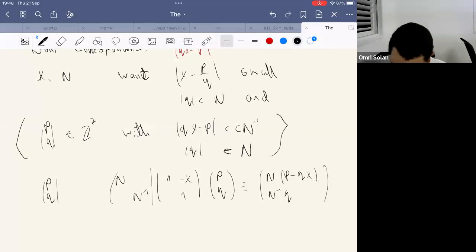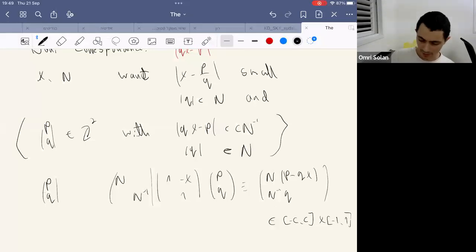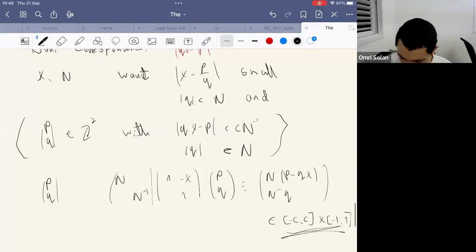Okay, and now we want this to be inside minus c times minus 1, 1. So if I want to measure for how many x's there is such a vector p over q, pq, such that if I multiply my vector pq by these two matrices, it's then inside this set,